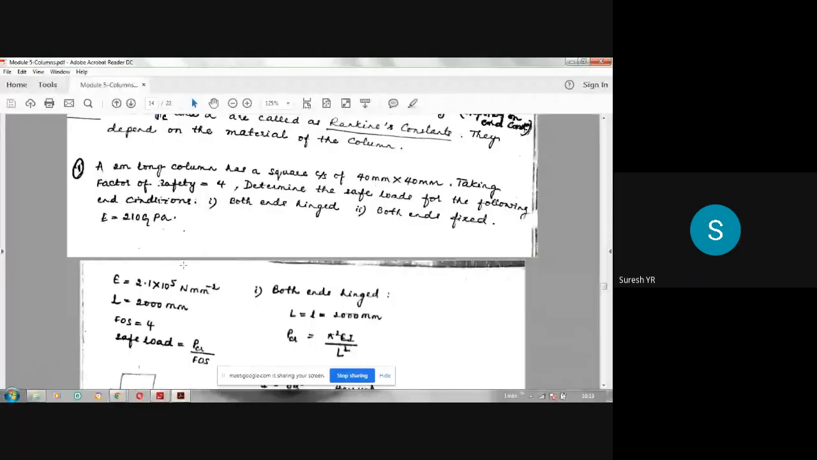L is also in meters, convert that into millimeter. So you have Newton and millimeters. Factor of safety is 4. So safe load is PCR divided by factor of safety. Now in the case of both ends hinged,